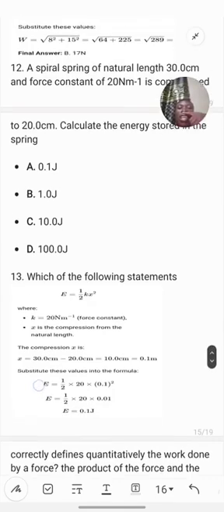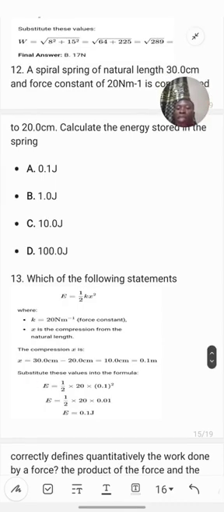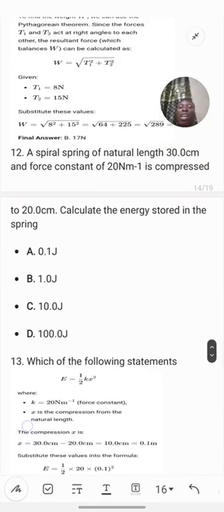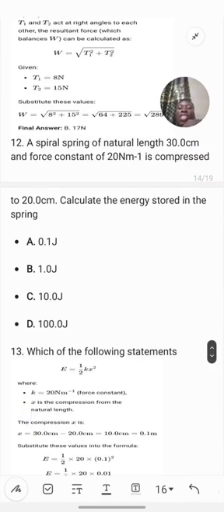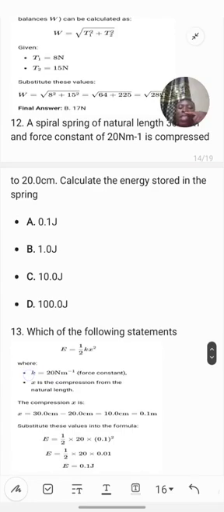Then the K is the 20 Newton per meter that you can see there, which is the force constant. Then X is naturally the compression from the length. So for us to get the compression, we are going to remove 20 centimeter that thing is compressed to from the natural length, which is 30. So we are going to get 10 centimeter, and to convert it to the acceptable unit, which is meter,